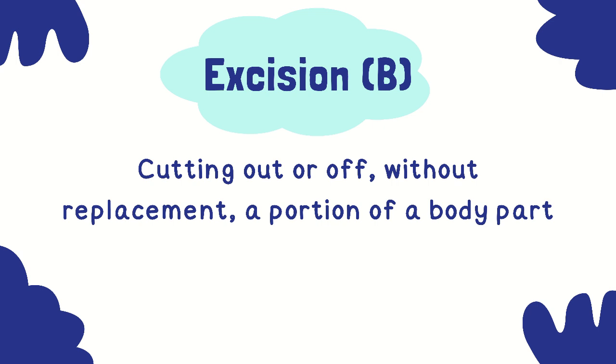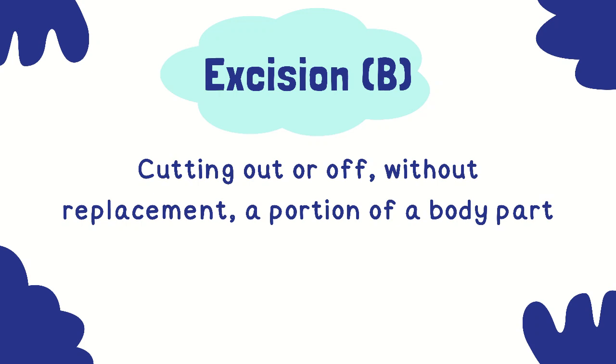So when I cover the root operation, I'm also going to tell you what the character value is. And I think this is important because when you take your CCS exam and you have a multiple choice question, knowing what that letter or number indicates can help you move quickly. All right, so first root operation is excision, character value of B, cutting out or off without replacement a portion